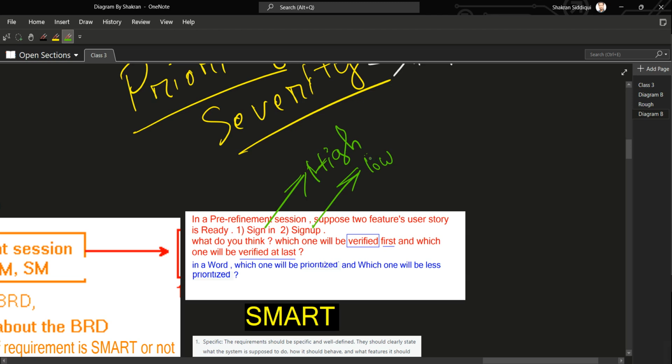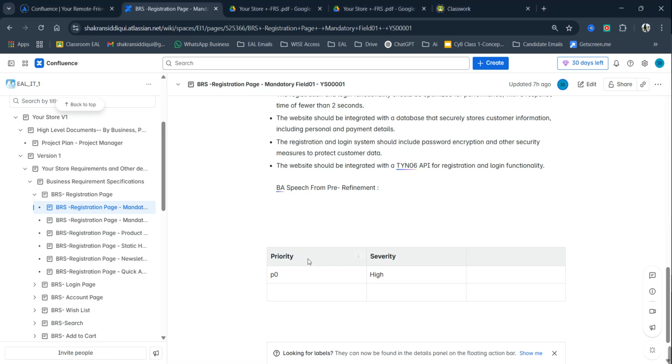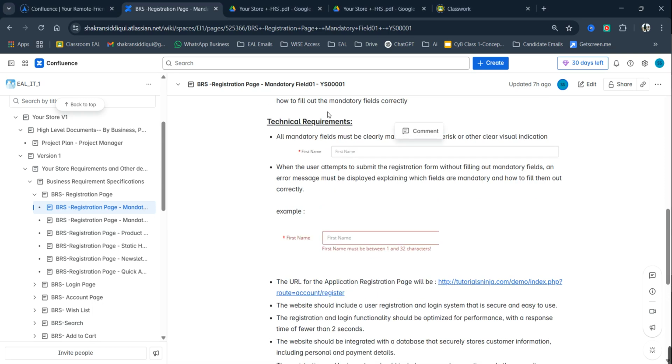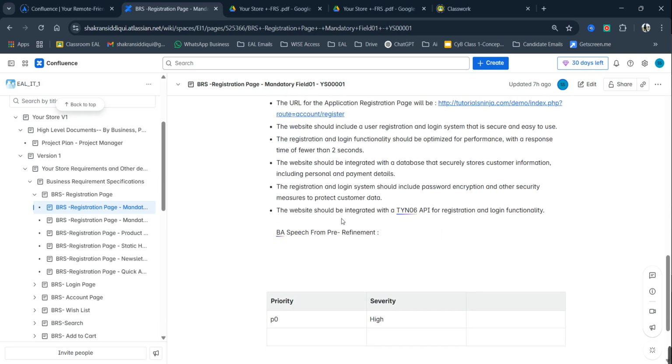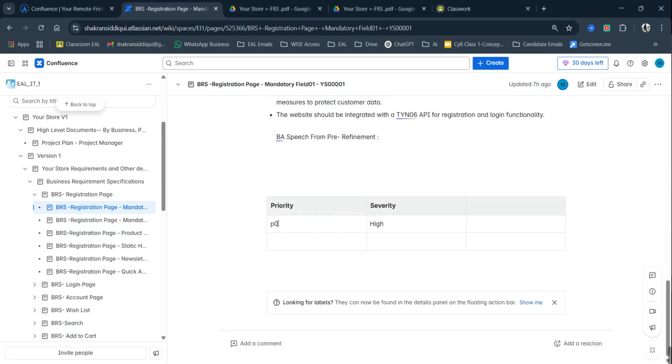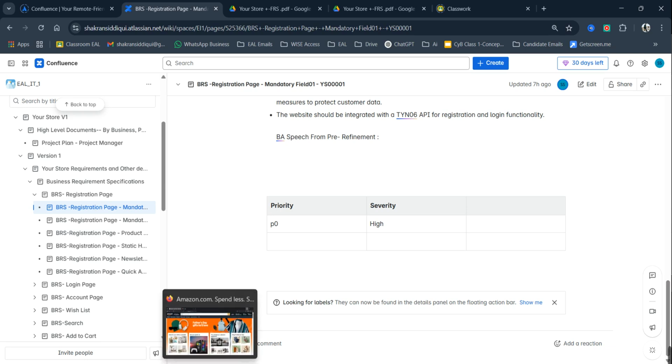Now, in our real work environment, for this mandatory field user story, here the feature is mandatory field. Here the priority is defined by P0. So P0 is basically high priority. Then going serially in the numeric order